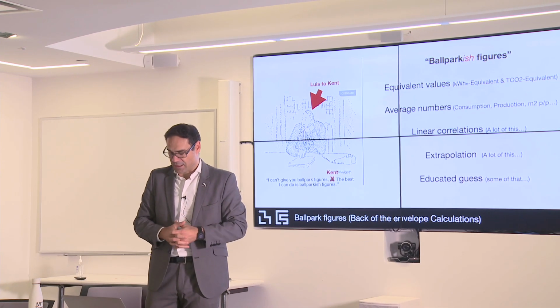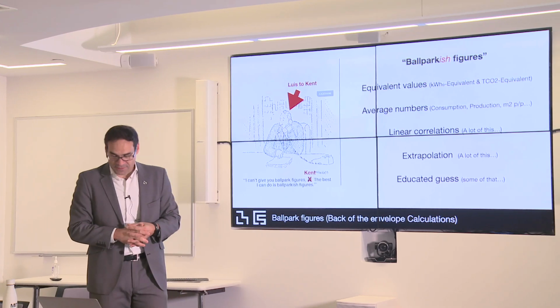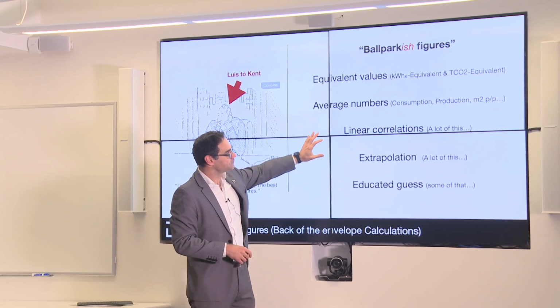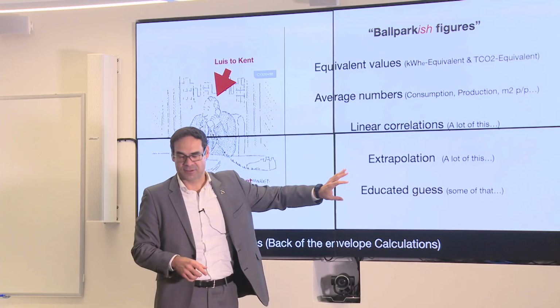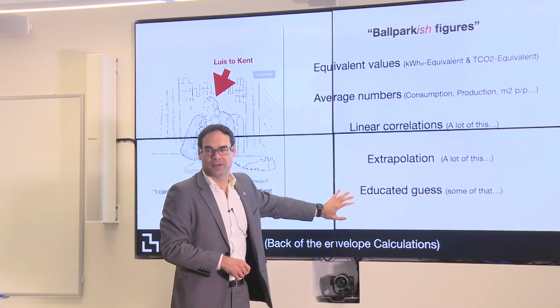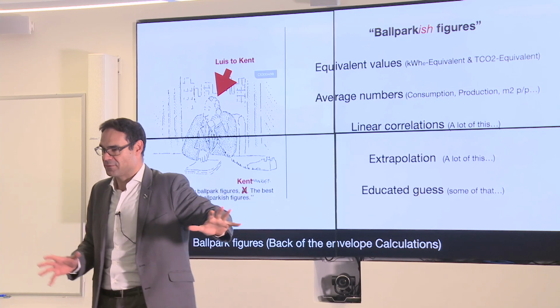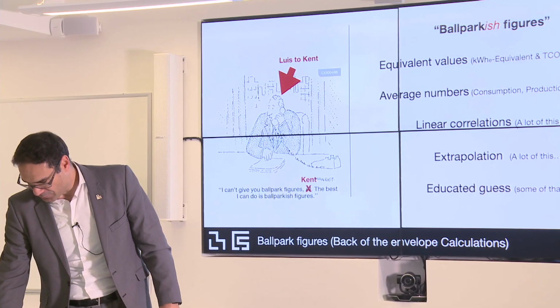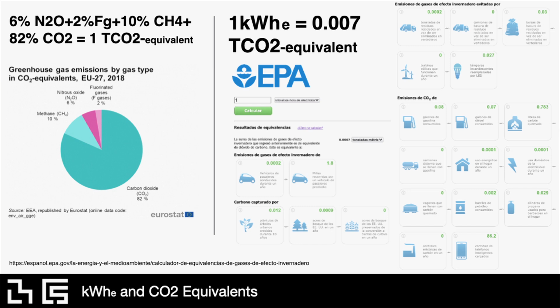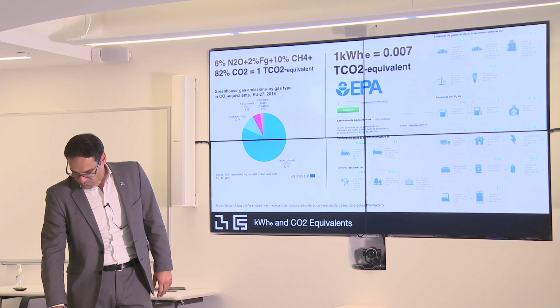Same thing with the kilowatt hours. Also, we were working with average numbers. We have linear correlations, a lot of them, a lot of extrapolations, and some educated guesses. So that was kind of the first model that we did. This is a little bit the explanation of how we can translate kilowatt hours to tons of CO2. So we were also using